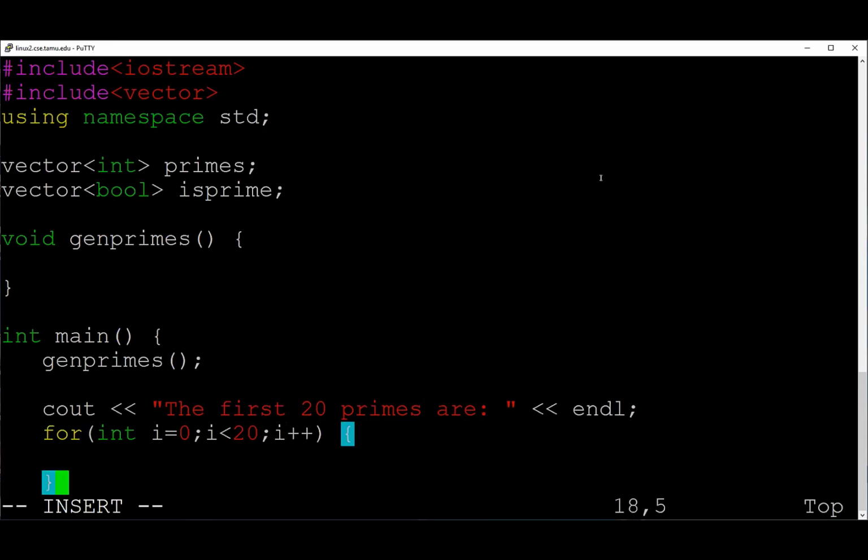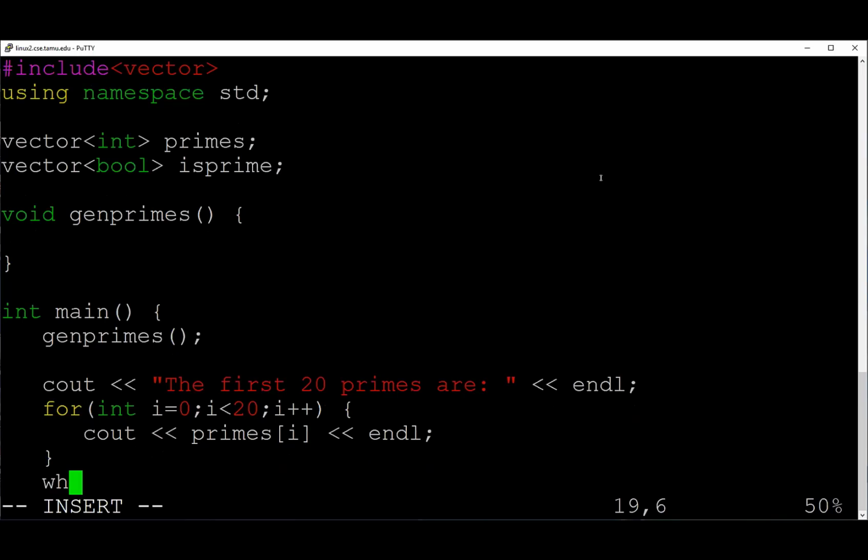I'm going to output the results of whatever is in primes. All that's doing is printing the first 20 things in the primes array after I've generated them. And then for the rest of it, I'll just say, while true,